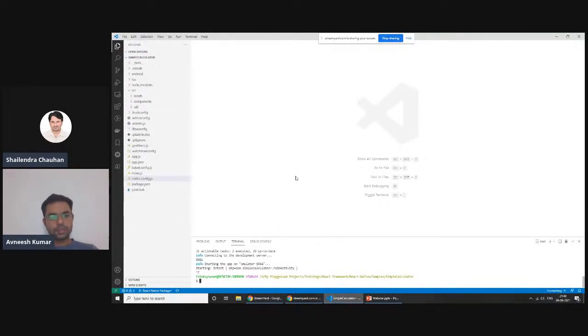This is a simple calculator that I created, and I just used simple commands from the React Native CLI. I used a very simple command, react-native init and the project name, whatever you want to use, and it created all this structure for me.